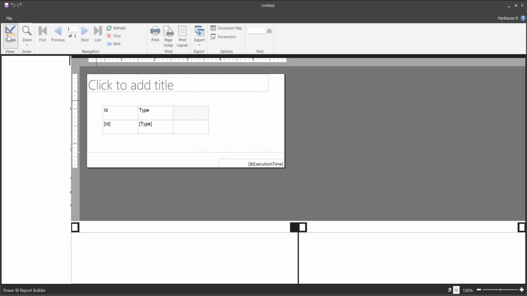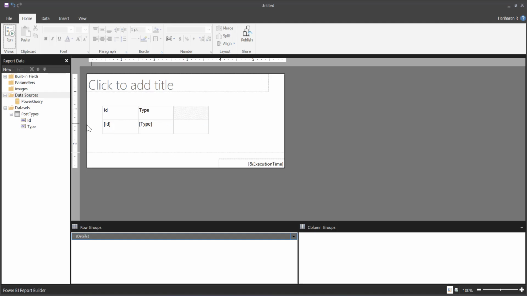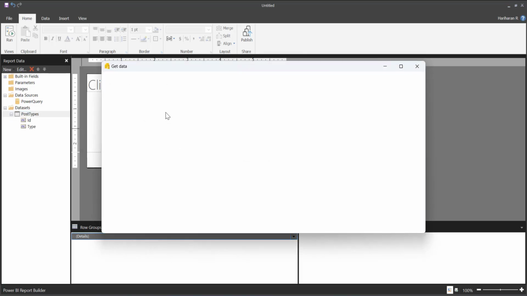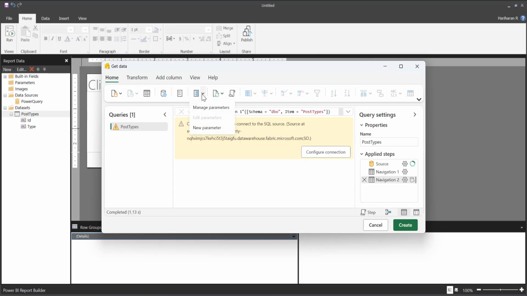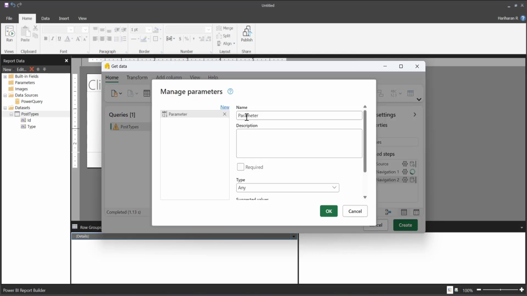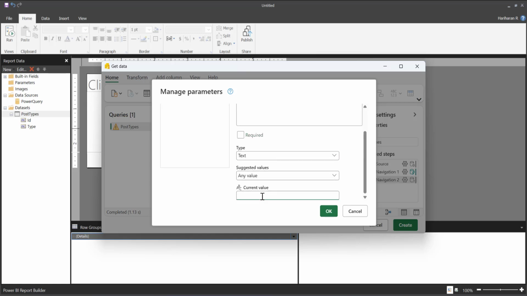Now let's go to the next step. Now you want to add a parameter. So I can go and add a parameter. Go to edit mashup, which is again the Power Query editor, and here you need to define the parameter. Go to manage parameters, new parameter, and just name the parameter, and then choose the data type of the parameter. I'm going to choose text as the data type, and maybe the default value is one of the values within that column. Just click OK,